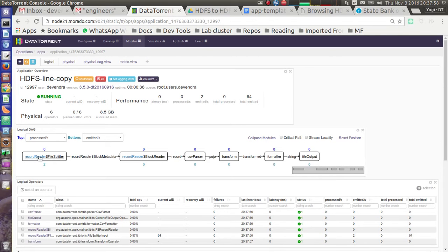So earlier we had record reader with these two operators, CSV parser, formatter, and file output, and we customized this particular application to introduce transform operation in between, and in transform we added expression which said basically to capitalize the name field of incoming POJO.